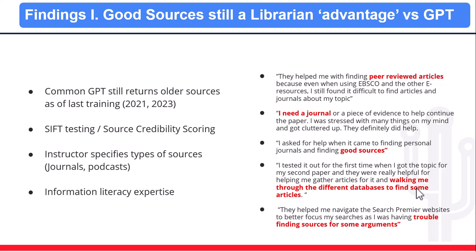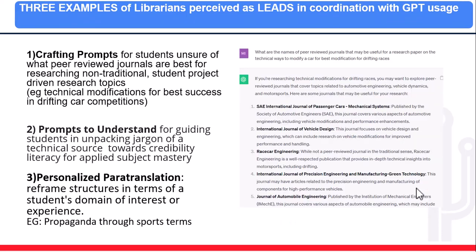I had a student who was very much into cars, drag racing application, and car modifications, and they did find some journals related to that, but it wasn't easy to come up with that prompt. So working with ASK-A-LIBRARIAN produced some of the results that made sense of what the GPT produced on the right hand. GPT produced some journals like Race Car Engineering Journal and International Journal of Precision Engineering, but really the students felt more comfortable if they sought help in crafting those prompts, either from the instructor or in an ASK-A-LIBRARIAN setting.